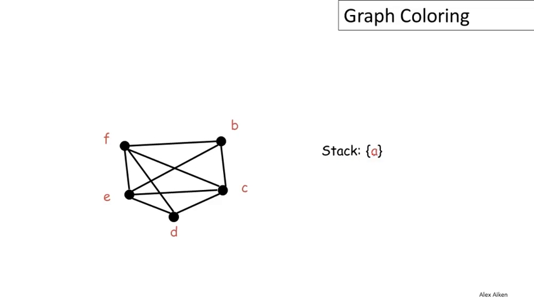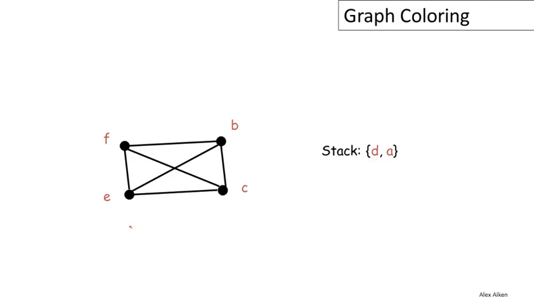What do we do? We delete A from the graph and we push it onto the stack. After that step, here's our graph with A removed, and here's our stack. Now we're going to pick another node that has fewer than k, fewer than 4 neighbors. Looking at this graph, there are only two nodes we could pick, D or B, because C, E, and F all have 4 neighbors. So let's remove D, an arbitrary choice, it doesn't matter which one we pick. Now the stack will have D and A on it,